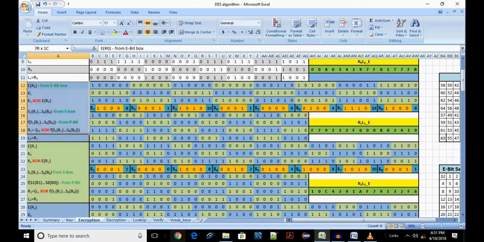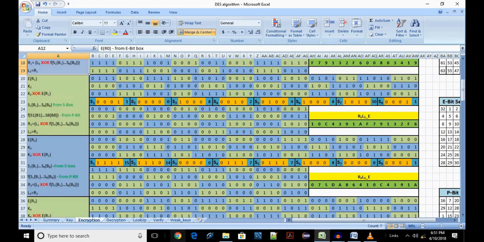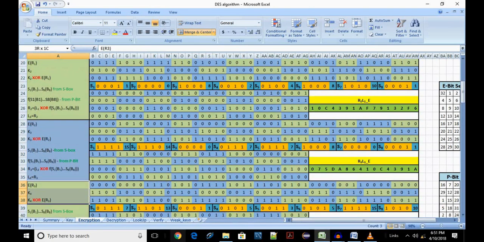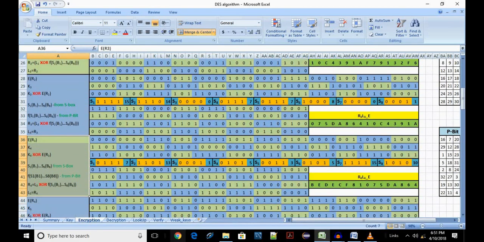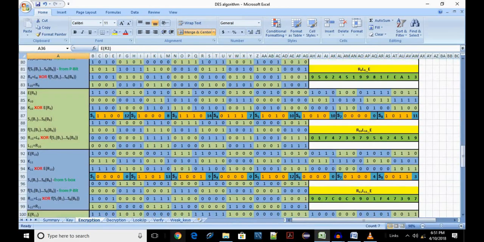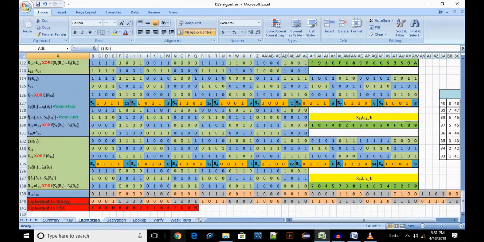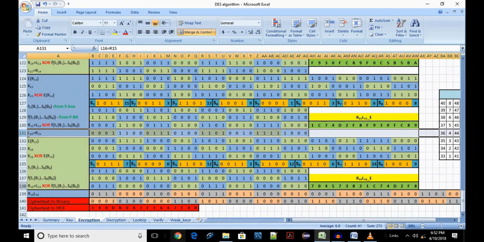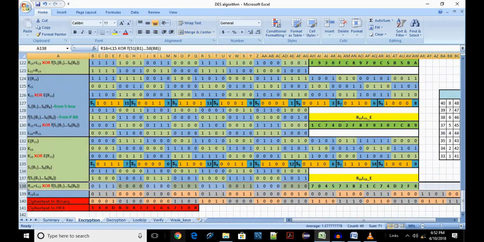The above set of operations is repeated 16 times: 2, 3, 4 and so on until we get L16 and R16 in rows 131 and 138.